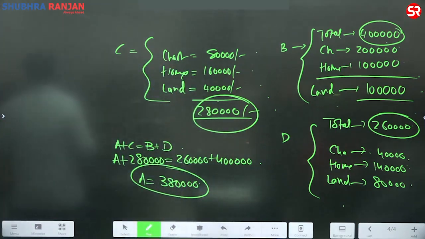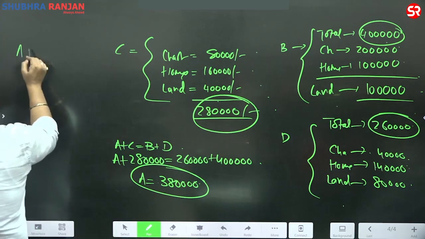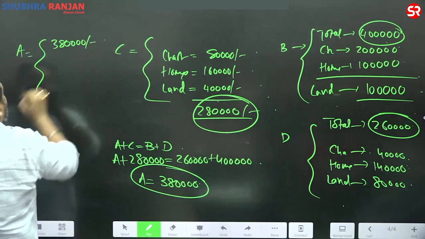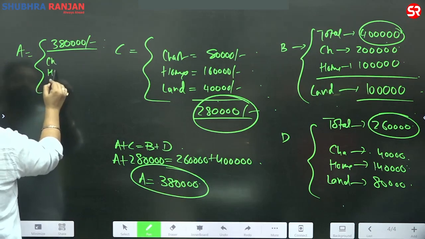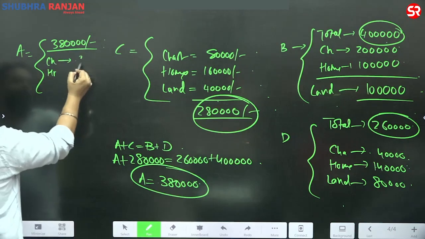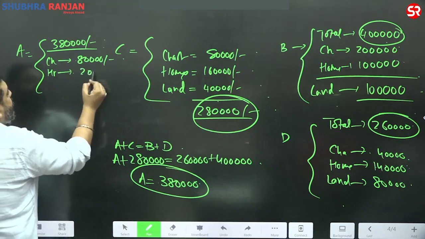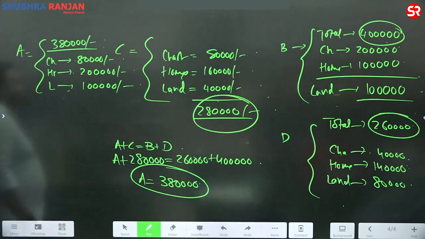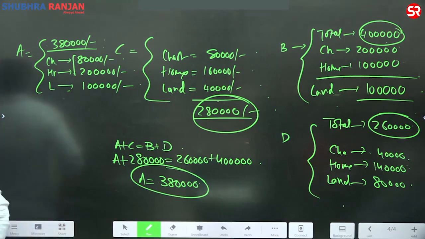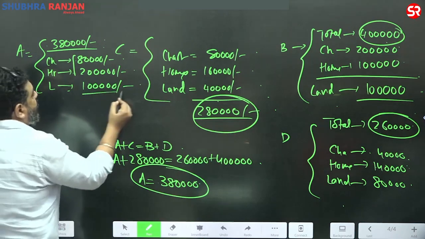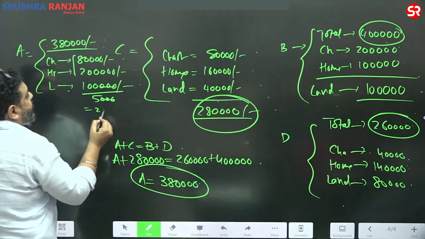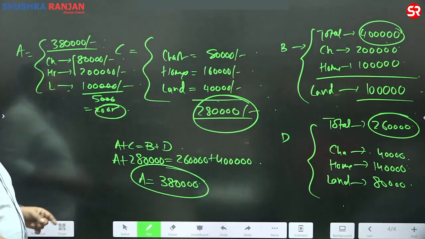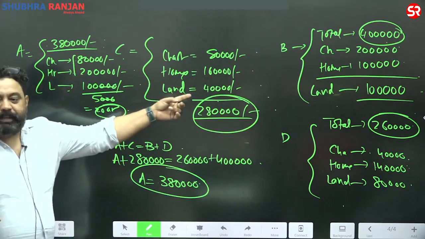Interrelated, intermingled, है ना? So once you got A, तो A का टोटल कितना है देखना guys, 3,80,000 rupees, right total. और इसमें चैरिट्स कितना है, हॉर्सेस कितना है बताना जरा। ए का चैरिट का वैल्यू कितना है 80,000 और हॉर्सेस का वैल्यू कितना है 2 लाख रुपया, तो लैंड कितना हो जाएगा 1 लाख रुपया, क्योंकि ए टोटल में से ये 2 माइनस कर देगा तुम लोग। तो ये रहा पूरा ब्यौरा सबका पैसा। एकड़ का कितना कॉस्ट है 5,000। सो लैंड ए के पास कितना हो गया अपॉन 5,000। ए के पास है 20 एकड़, बी के पास भी है 20 एकड़, उसके पास है 16 एकड़ और इसके पास है 8 एकड़।